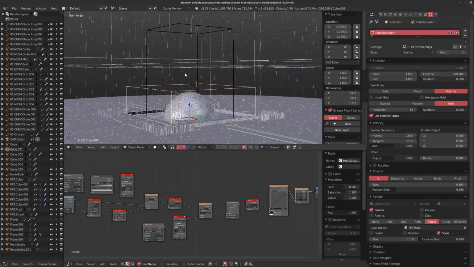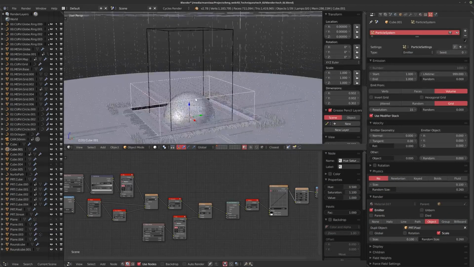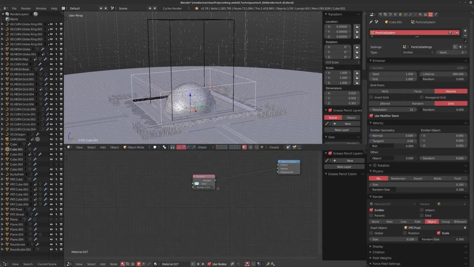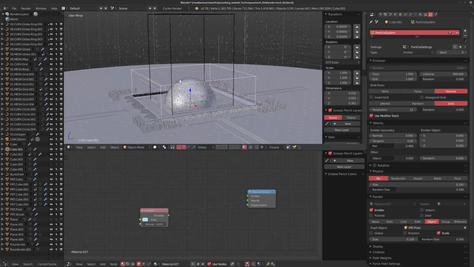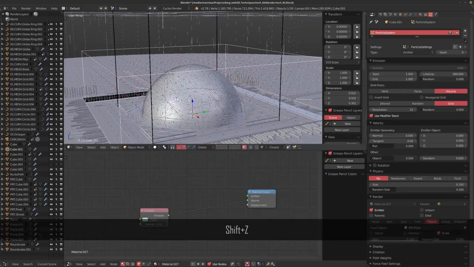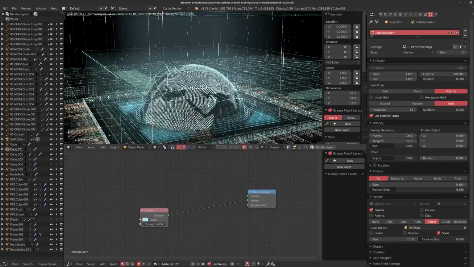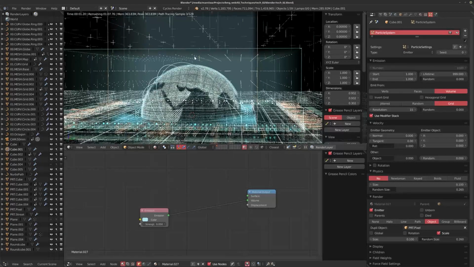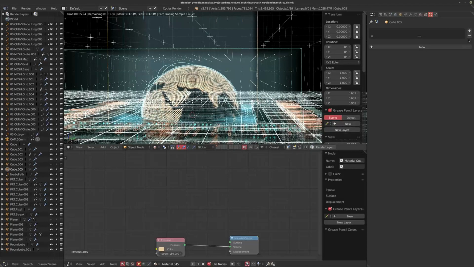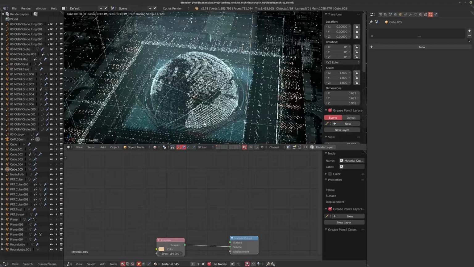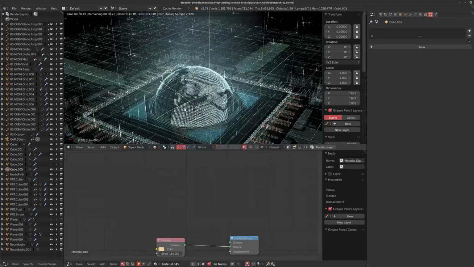Now, these objects, both this larger one and the one with the particles, if we look at the shading, all they have is an emission shader on the inside, and if I hit render very quickly, what you can see is around this globe, you'll get this really cool sort of effect where it's shining through. And honestly, all that is this first and second cube here combined with an emission shader, and it has this nice falloff by itself towards the edges. So you get this really interesting glow in the final render.